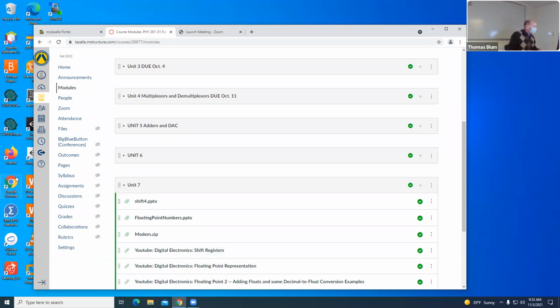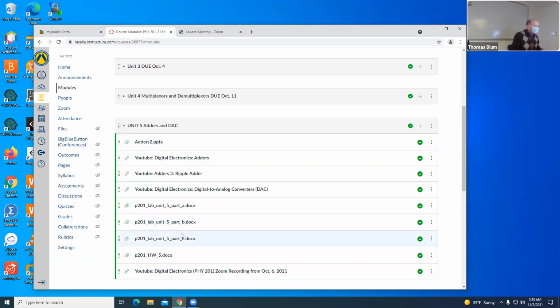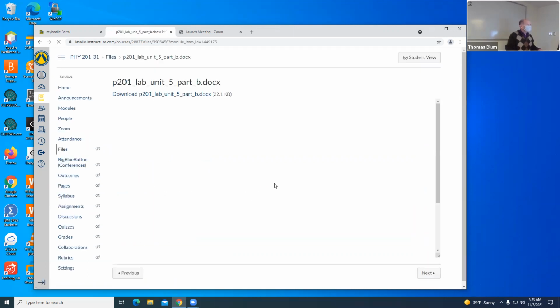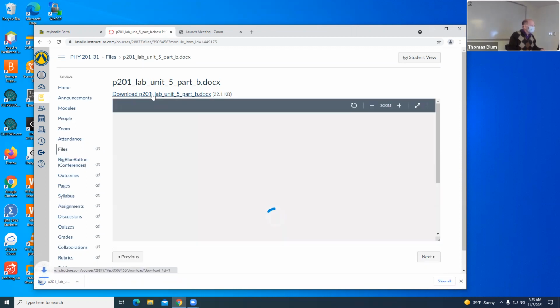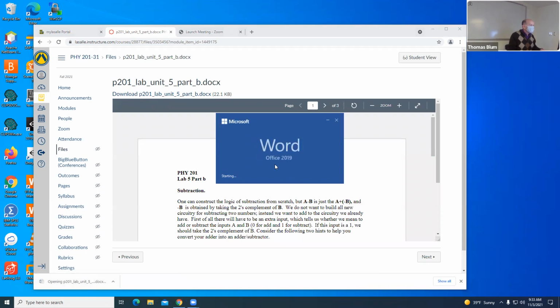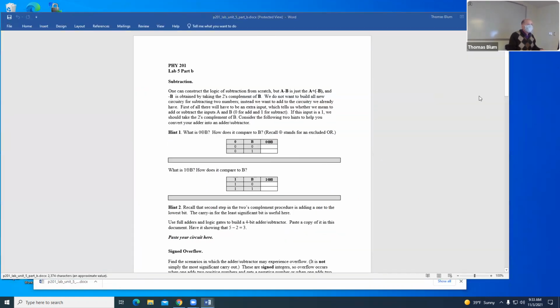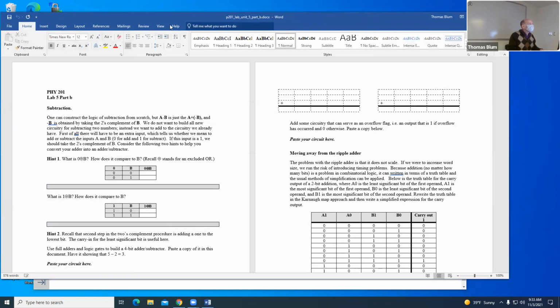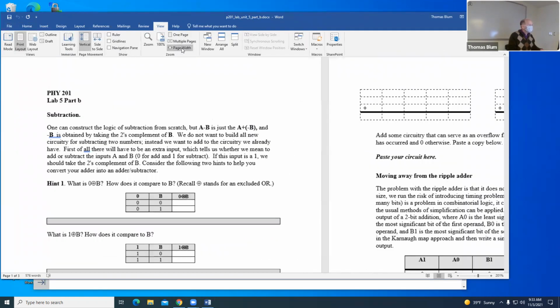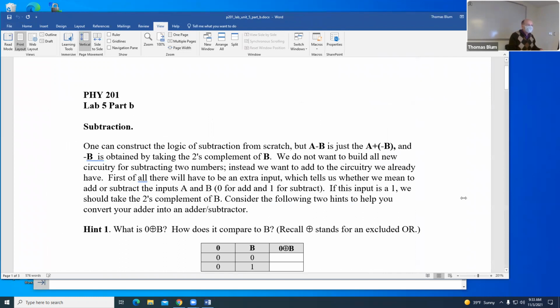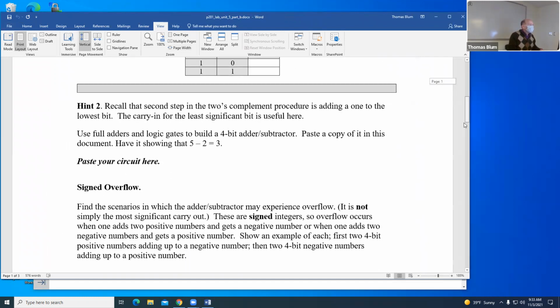Let me find that lab so we can point to that. It must be here, part B. Download it. And then okay. So